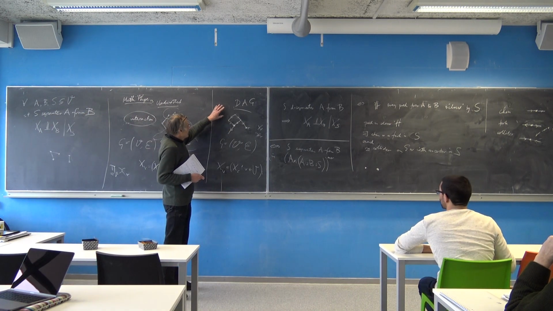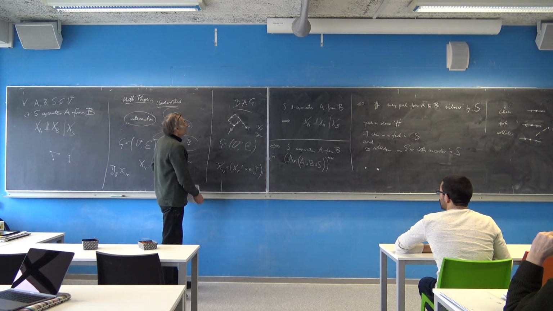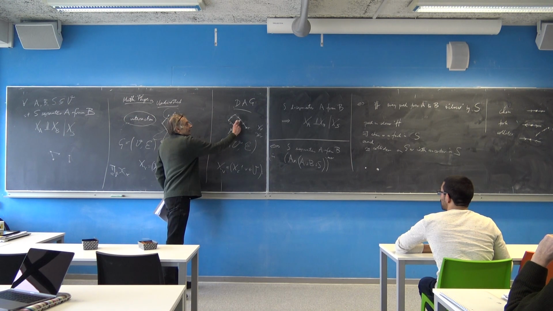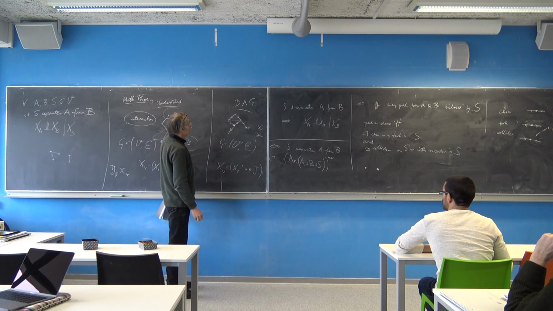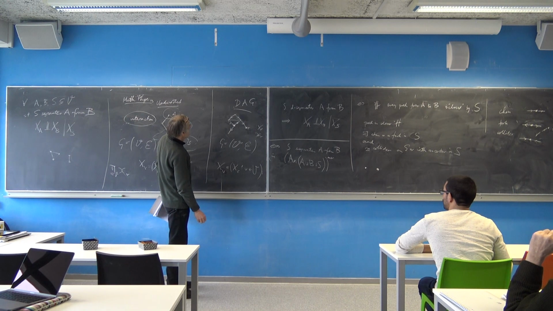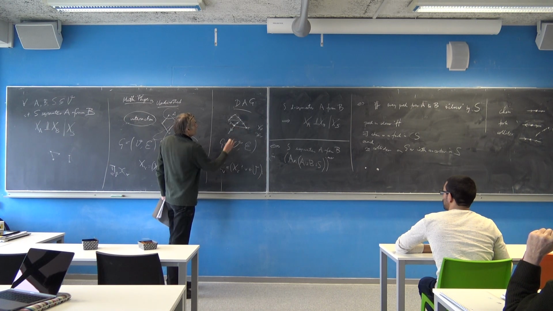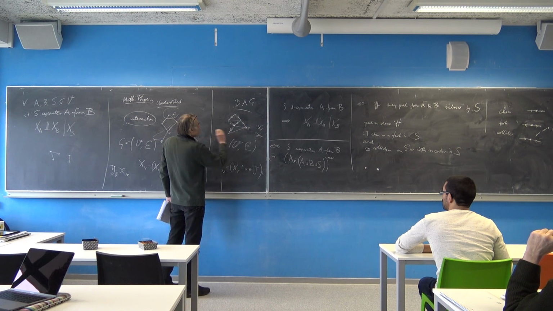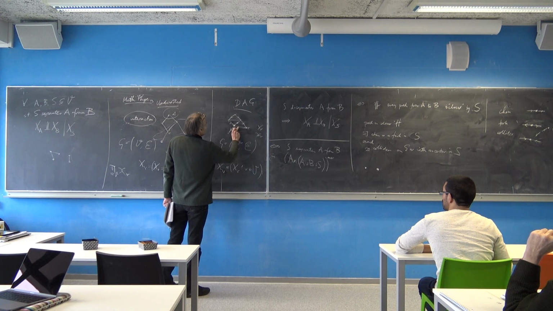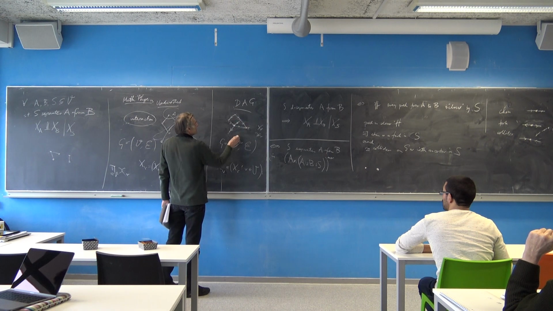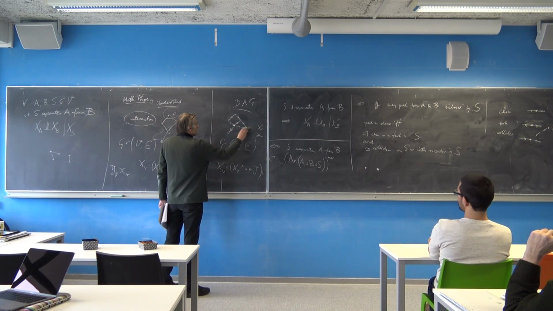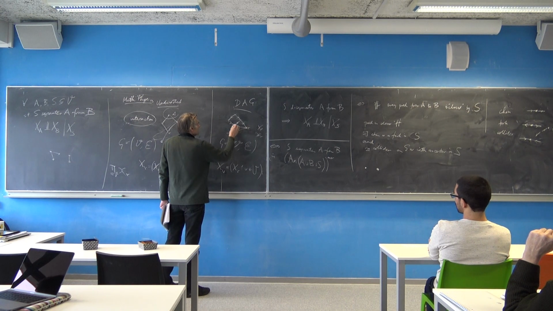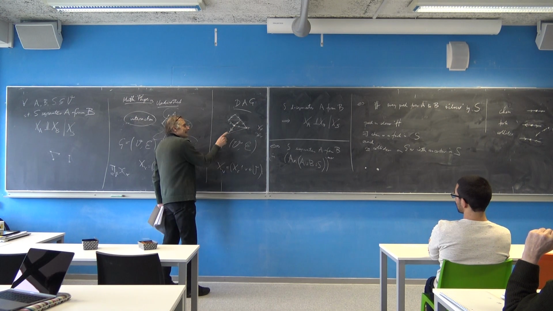So if I want to moralize this graph, I have to marry these two people here who are parents of this child. So we have to add this edge. And this one, and this one. If this is an arrow, if this is part of the graph, then these two are children of this one. So these have to be joined. These two have to be joined. And then we erase the